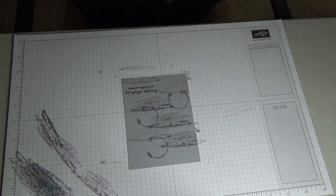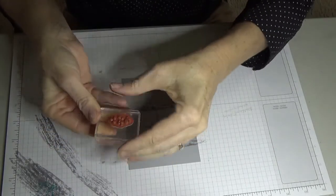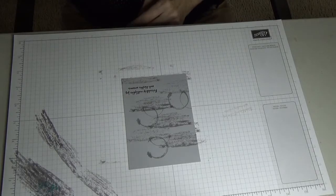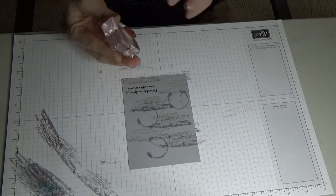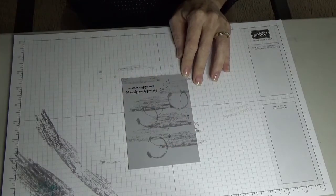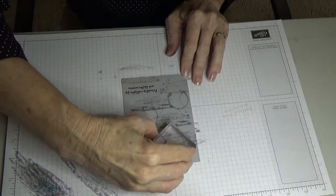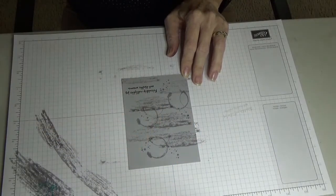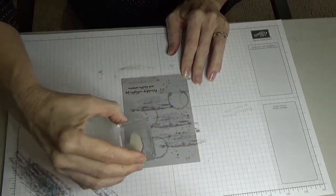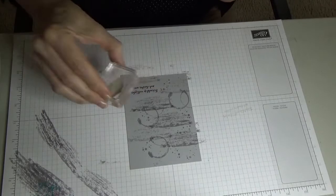Now I'm just going to grab the little dot one. So that's the little dots. And I'm going to go back into my smoky slate, make sure I'm tapping into the right thing. Now you just put them randomly, really. It's just up to you. Now I'm going full strength. It's just up to you where you want to put them, because I am going to bring in some Bermuda Bay as well with these dots. So it's just random, because we're just making a background. And then I'm just stamping off the ink that's left on there,